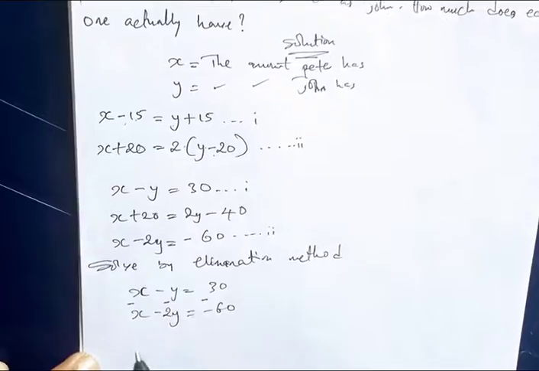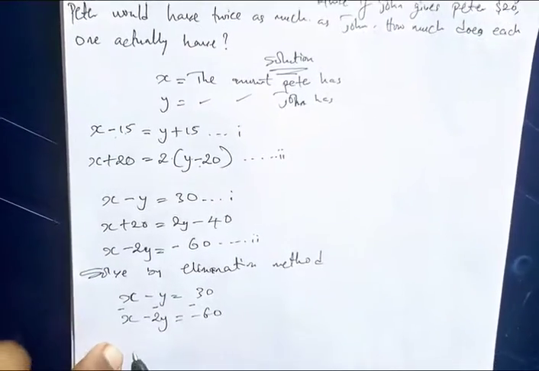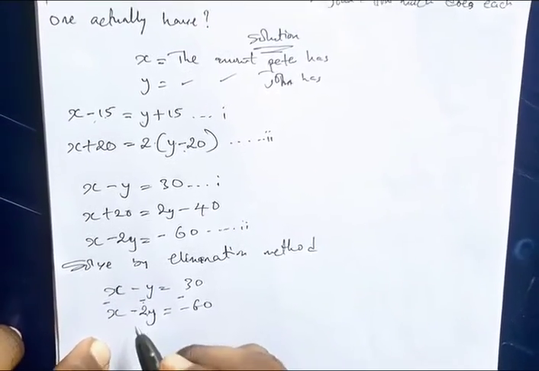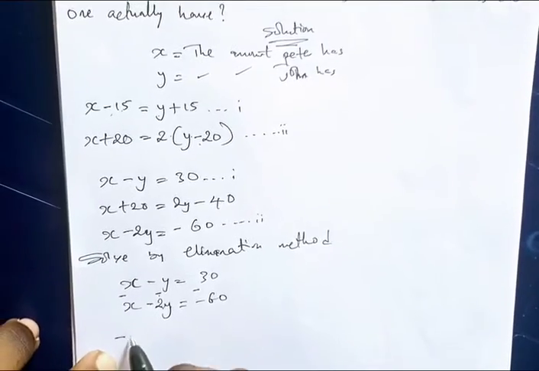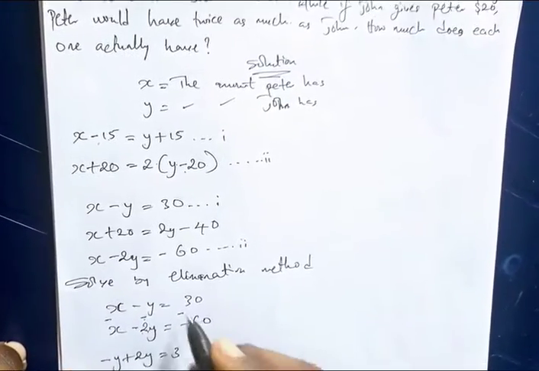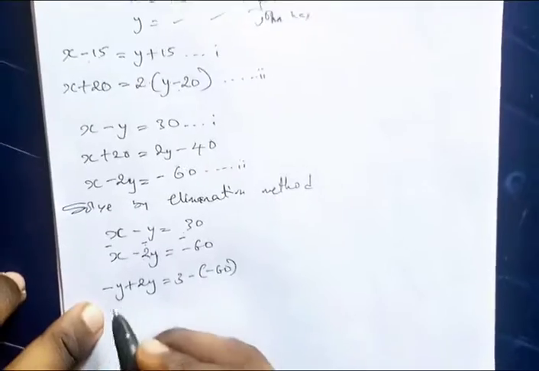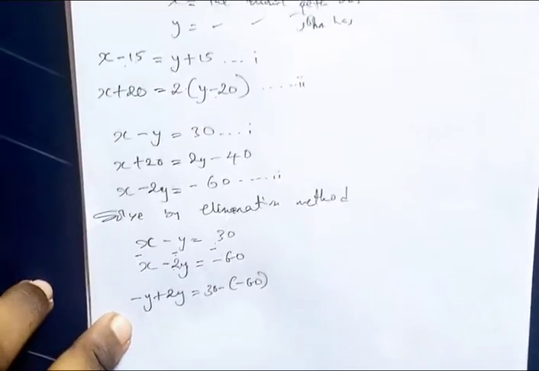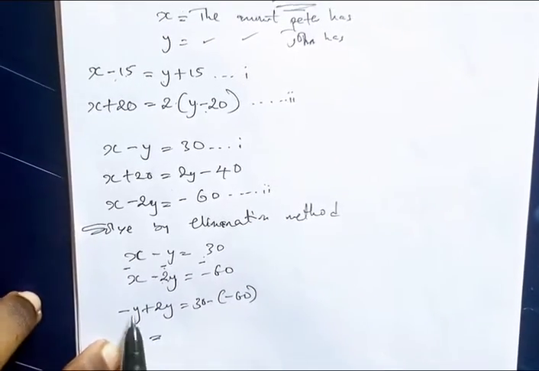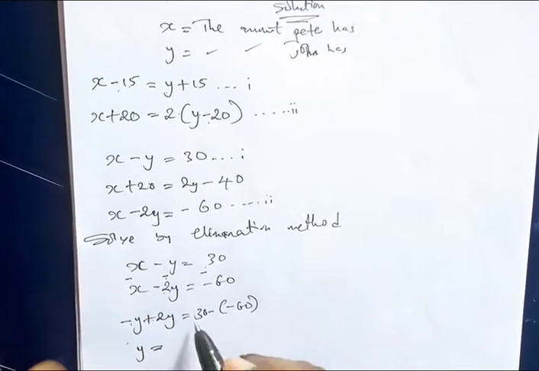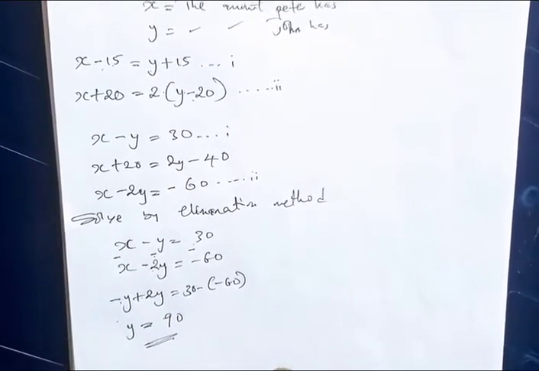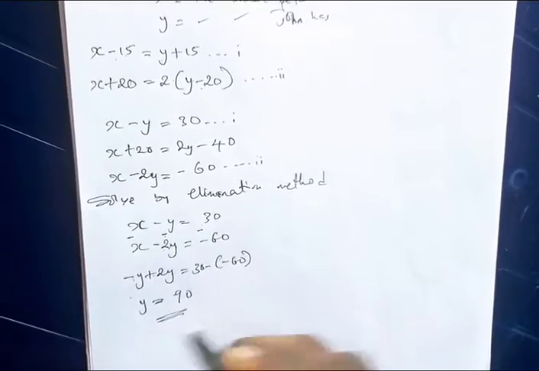Now if I try to eliminate x, which is the easy variable to eliminate, I will put my negative signs here. So x minus x, that has been eliminated, is cancelled. Y negative y, negative negative 2y. So this becomes positive, and I will have here negative y plus 2y, and here I will have 30 minus negative 60. So this becomes y, because negative y plus 2y becomes y, and this becomes 90. So my y is 90, or rather $90